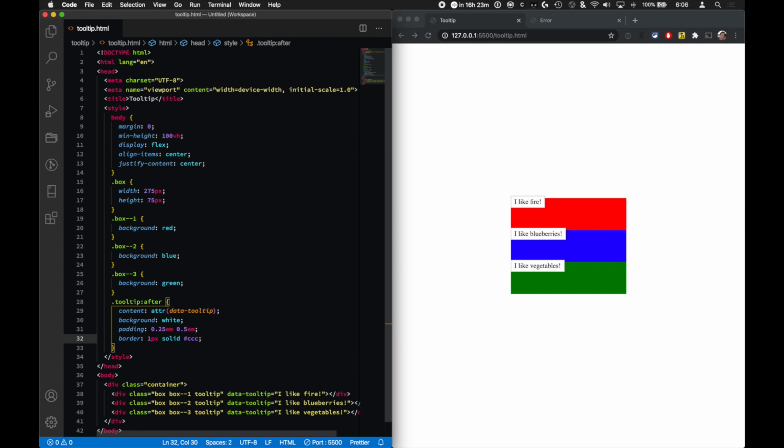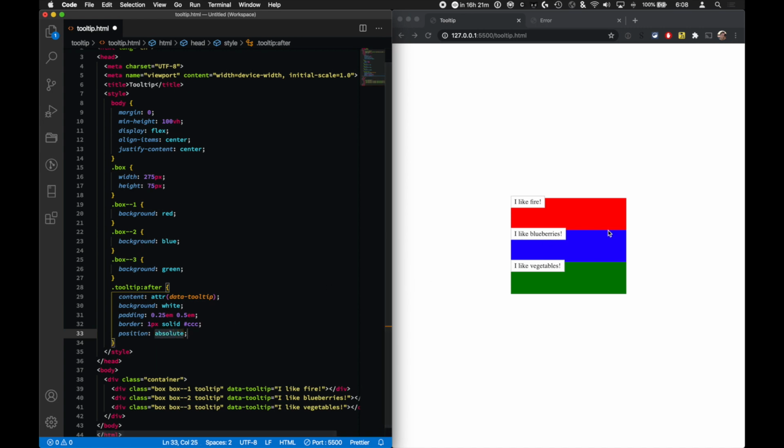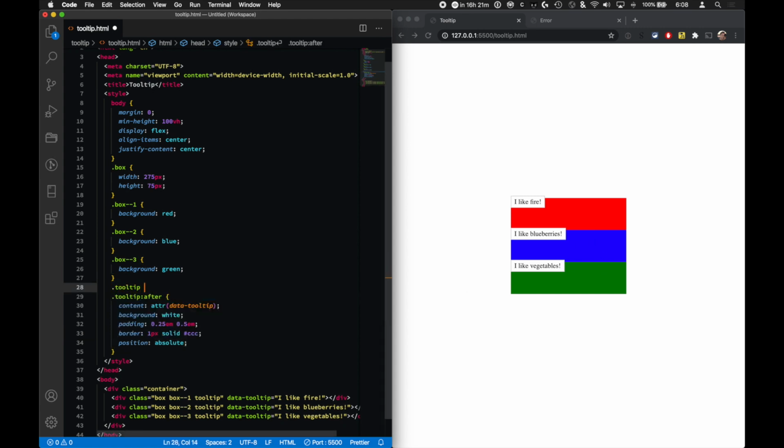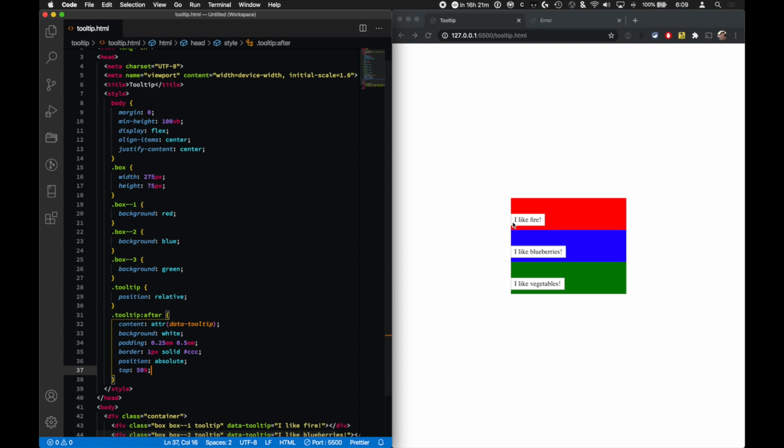That looks pretty good. So the next thing I want to do is I want to position it. So the first thing I'm going to do is add a position absolute to each one of these, but we need the position relative. So the position relative will be based on the actual tooltip itself. So I do position relative, and then I'm going to put a top of 50%, so it's right in the center. But you'll see here when we do a top 50%, it starts right here and then it puts it below. So what we do is we can transform it